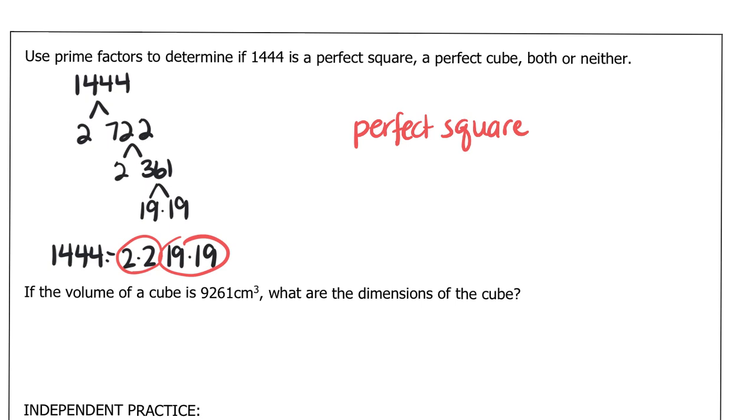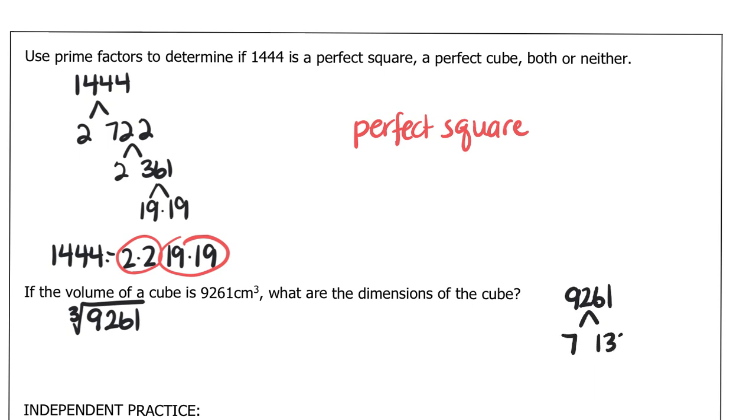Okay. Last question: if the volume of a cube is 9,261 centimeters cubed, what are the dimensions of the cube? When we talked about the definition of what makes a perfect cube, it has side lengths that are the cube root of whatever the volume is, 9261. So I need to find the product of prime factors for 9261. So 9261 divided by